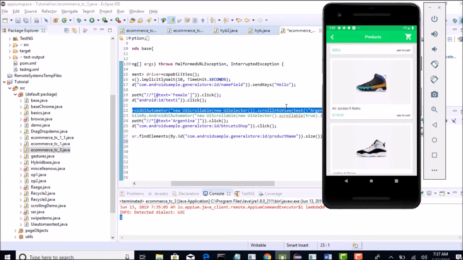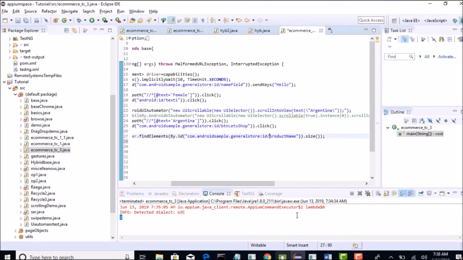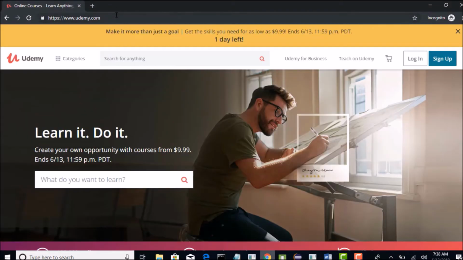So how do I tell Appium to scroll completely until the product is totally displayed? For that there is another mechanism, same step, but you have to write it differently. So I will go to the Appium official website and show what they are suggesting.